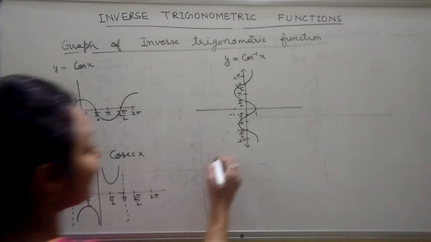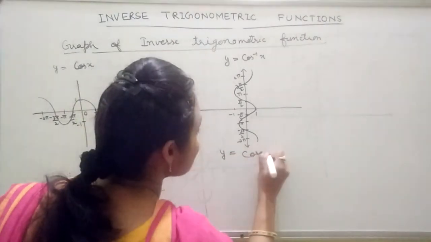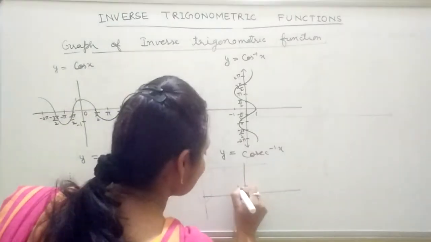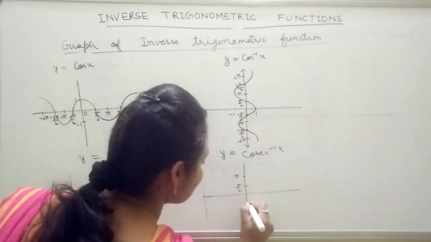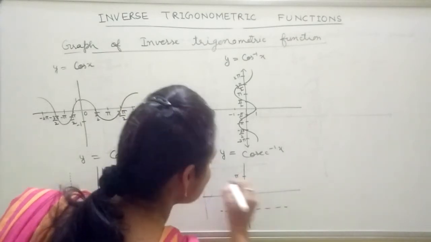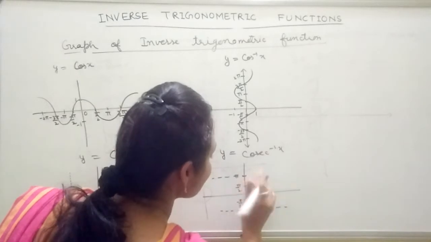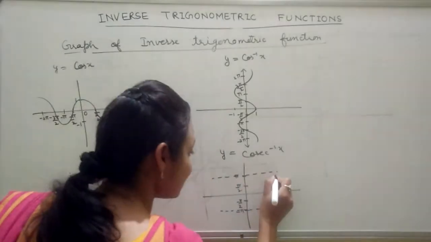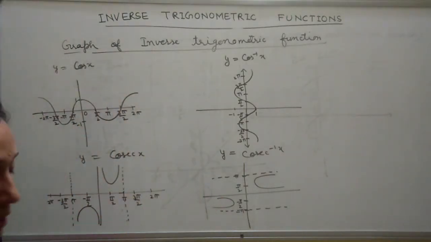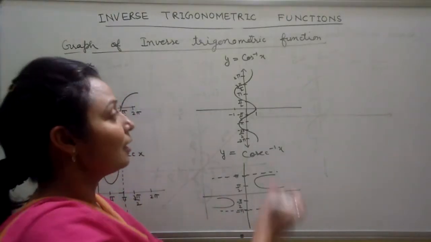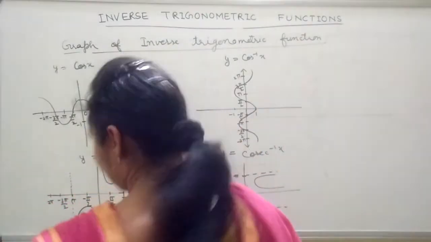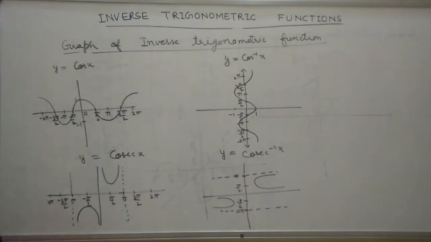This is cosecant. If I want to talk about cosecant inverse x, the function is totally different. Same: pi by 2, then pi. Here negative pi by 2 and negative pi. So I will draw the diagrams like this, and we have this function and this. These are axes which are interchanged. Similarly, you can draw the two diagrams, tan inverse and cosecant. Now come to tan inverse. I will rub this first of all.